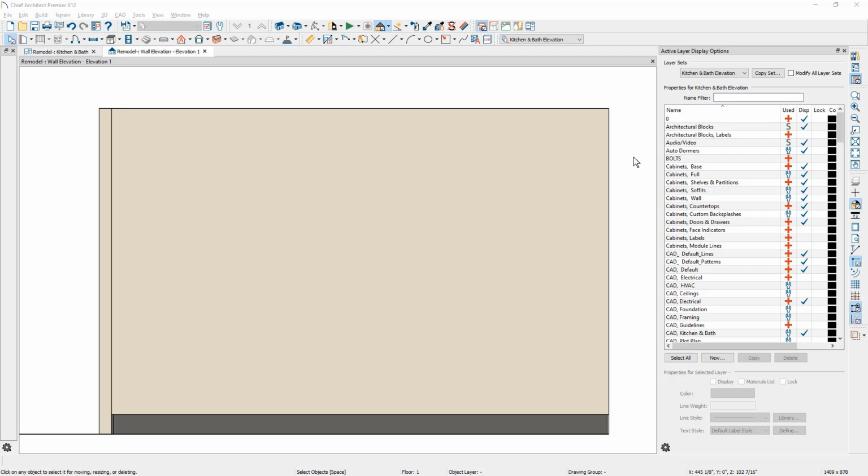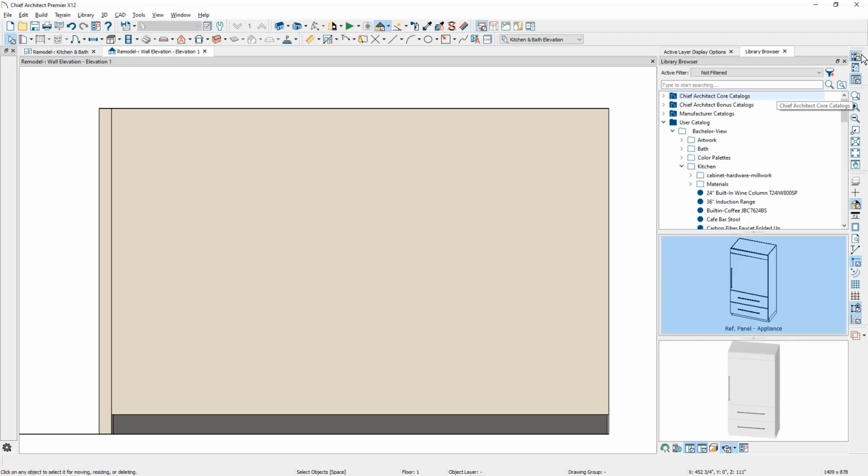work for that space. I'm going to begin the process by opening up the library catalog. You'll find a link over on the right hand side of my screen. Library catalogs available in Chief Architect include our core catalogs, which we'll install when you first initiate the software, and then the bonus and manufacturer catalogs. You can go out to the Chief Architect 3D library and download these items. There's also a user catalog that you can create copies of your favorite items and even build your own specific